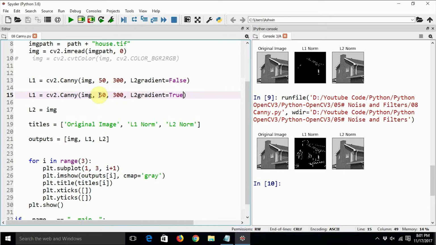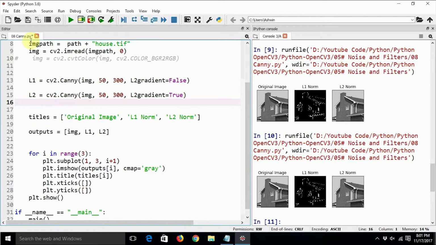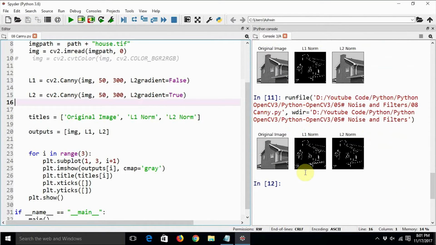So let's try to adjust the gradient 1 and gradient 2 values here. Okay, let's execute this code with the same values and let's see what the output is. Oh, output is same. Sorry, it should be something like L2, I guess. Yes. Now let's execute it and let's see the result. Okay, we are getting this result, and let's adjust the values to 100 and 150.